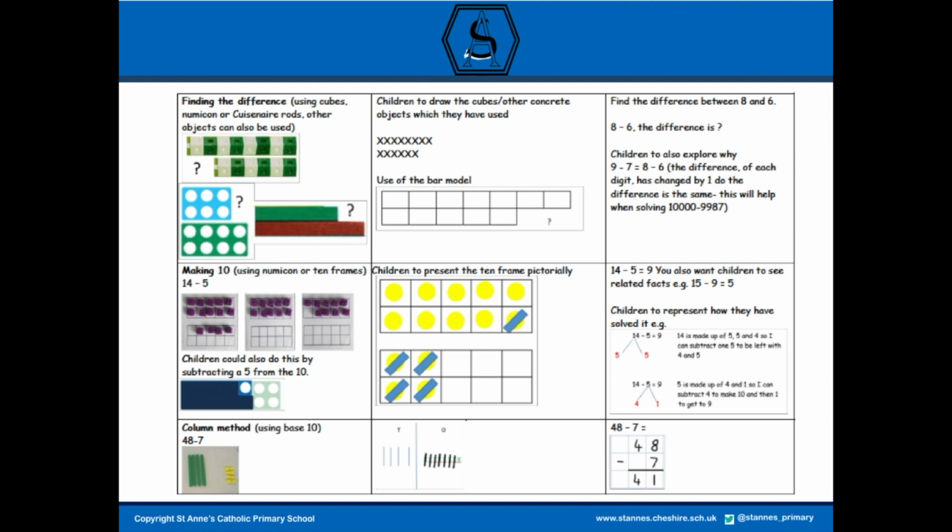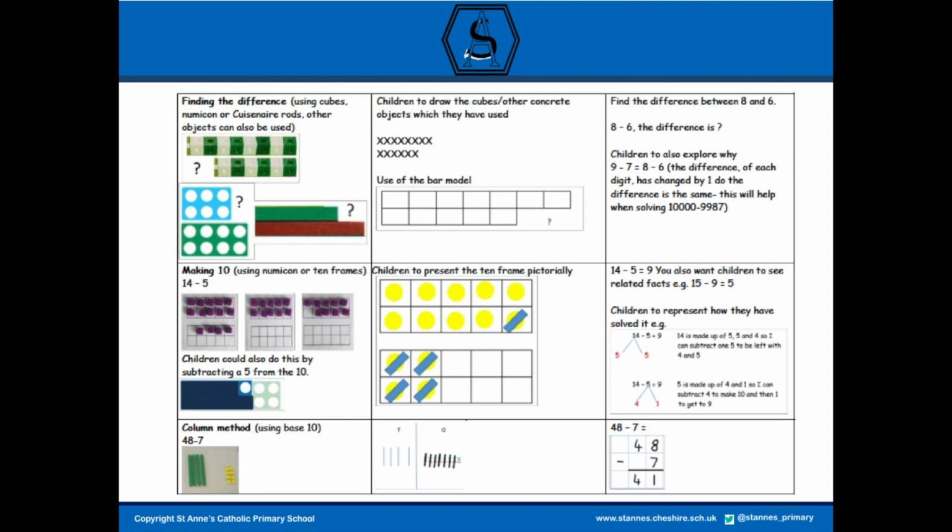Children could also do this by subtracting a 5 from the 10, like it says, and then taking that 1 extra. Then onto the pictorial, children represent the 10 frame pictorially, so actually drawing it. And you can see physically crossing off 5. And then onto the abstract: 14 subtract